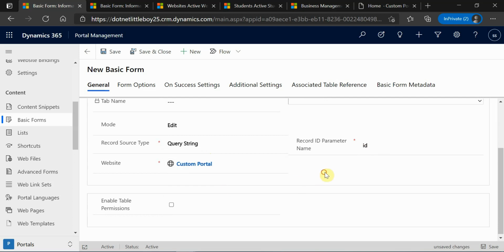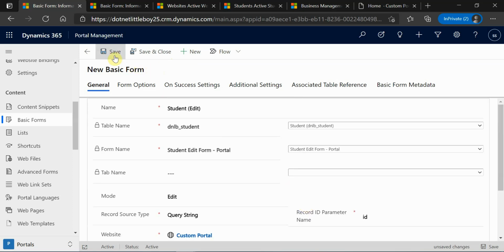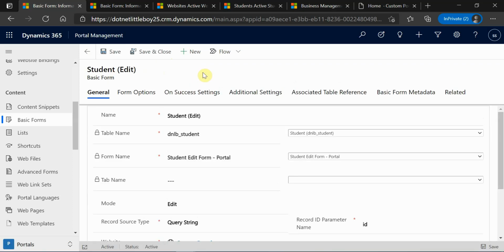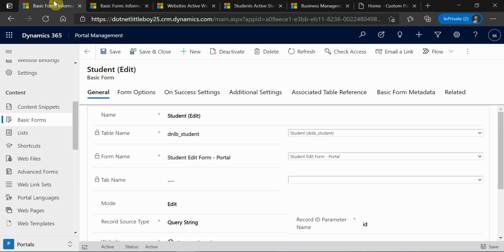custom web portal here. Okay, and again here I'm not enabling this entity permissions. Again I want this form as an anonymous type. Okay, so I'm going to save now. So here I have created those two entity forms. One is for the student insert and one for the student edit. Okay,